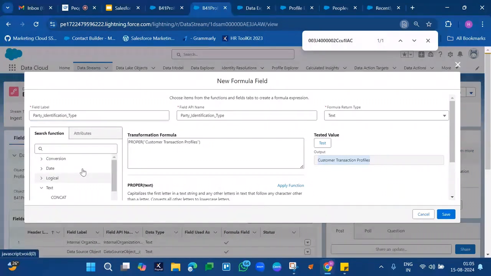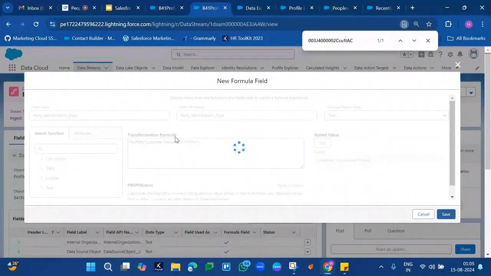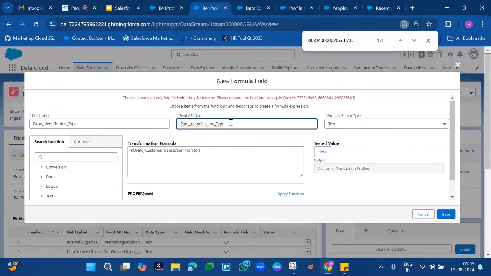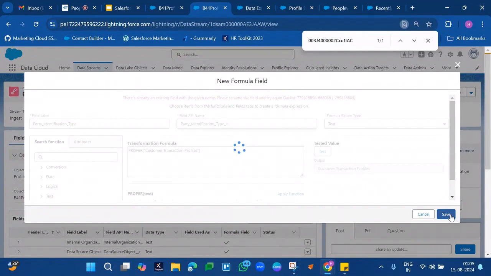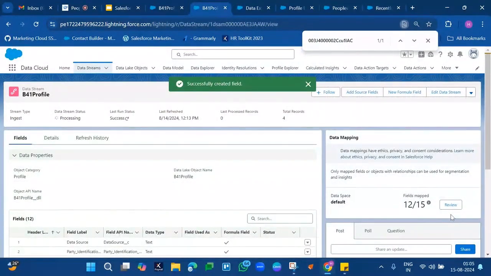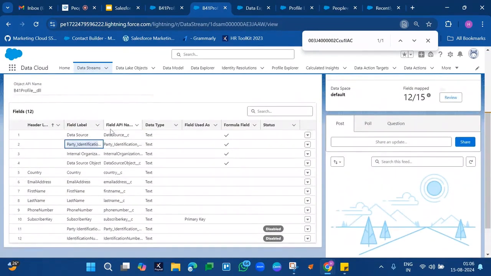You can apply functions inside a formula field. Formula fields are often used inside the data streams to add some extra data to it. You might not have that field available inside the original data source, but you might add a formula field to add extra data inside the data stream. Now, once we have created the party identification type field,